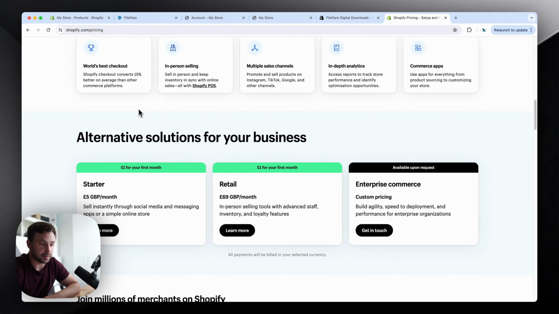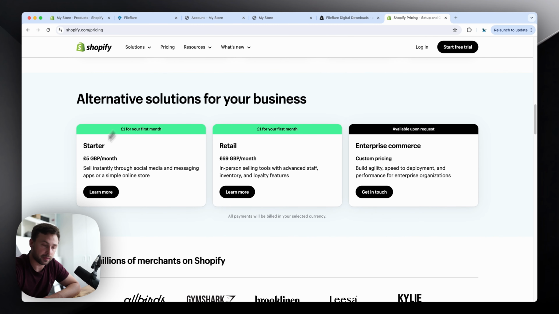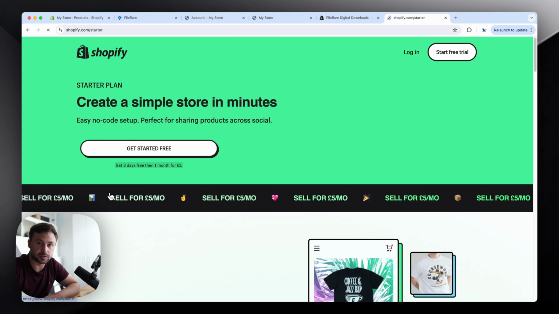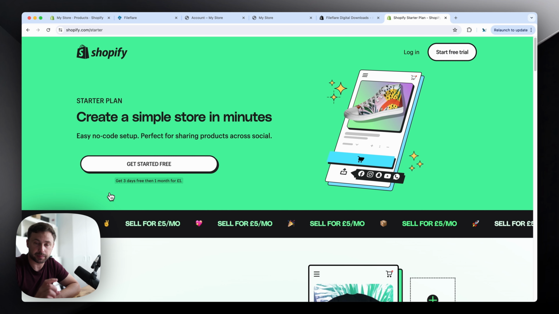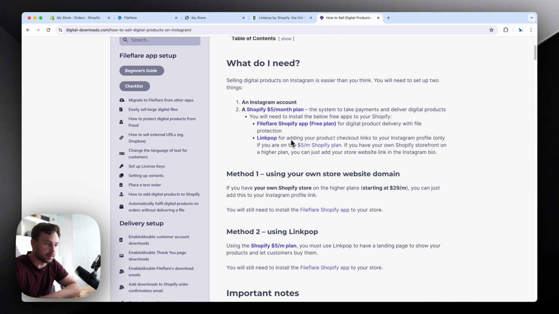A lot of people don't know about this method, but it's only $5 a month, and it essentially gives you a landing page where you can host products, and you can place this landing page link anywhere you want on the web. You can use a normal store, the $29 Shopify plan or onwards, but that means you can create your own domain name with your own store pages where you have your products and so on. The $5 Shopify plan just allows you to create a simple landing page for a low cost, basically. So you can still follow this guide if you want to use a normal Shopify store.